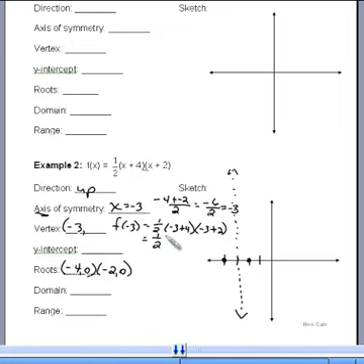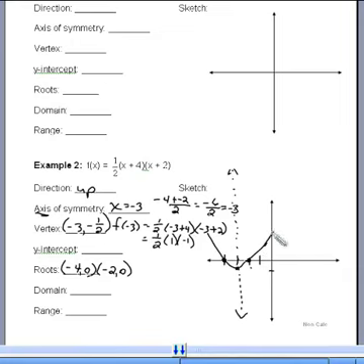Actually that's 1/2 times 1 times -1, and 1 times -1 is -1, times 1/2 is -1/2. So if we go down here, we're at -1/2 right there. And then we can sketch in